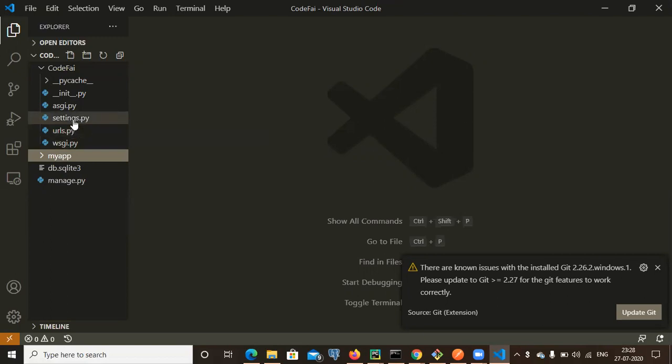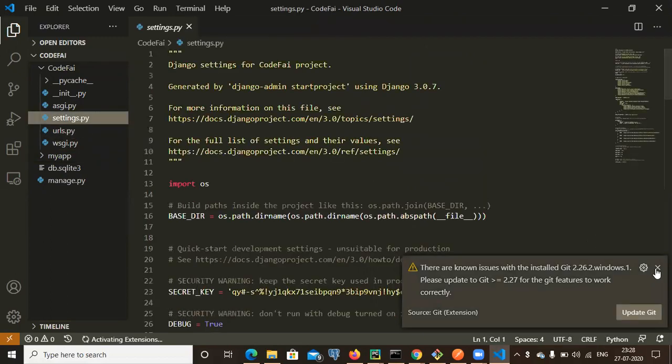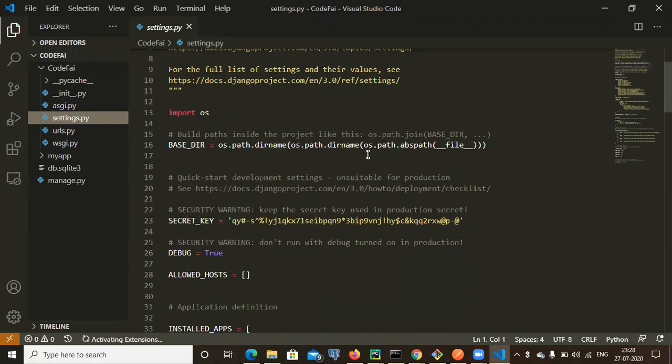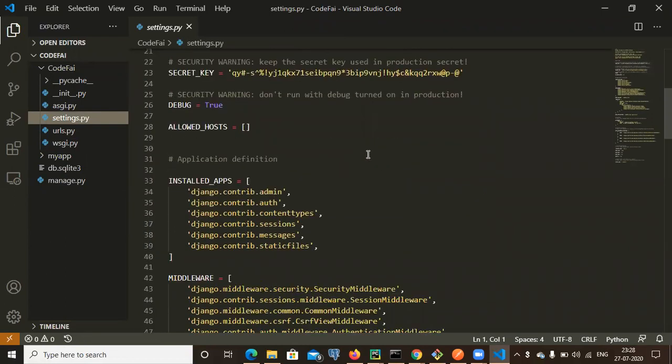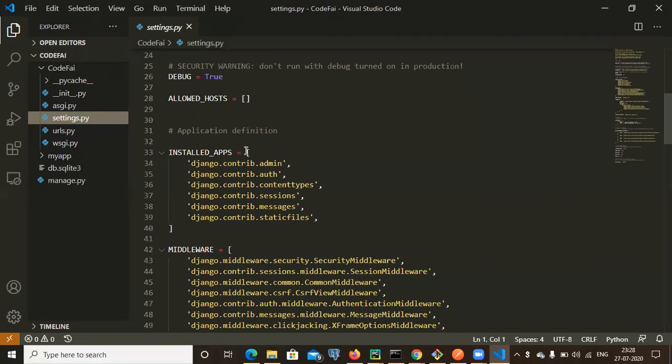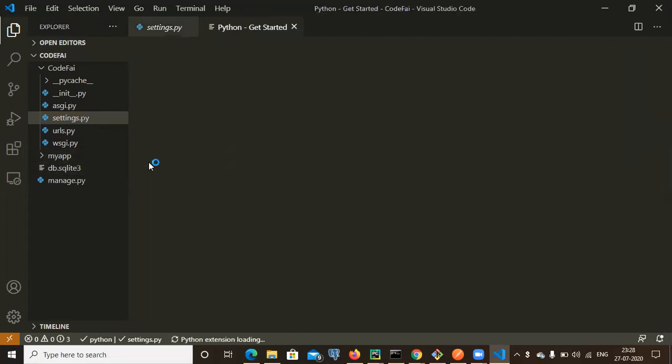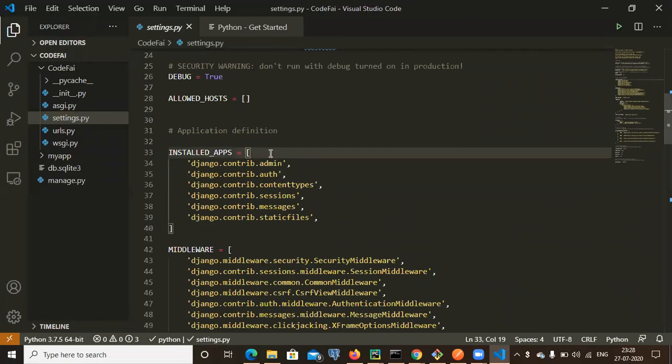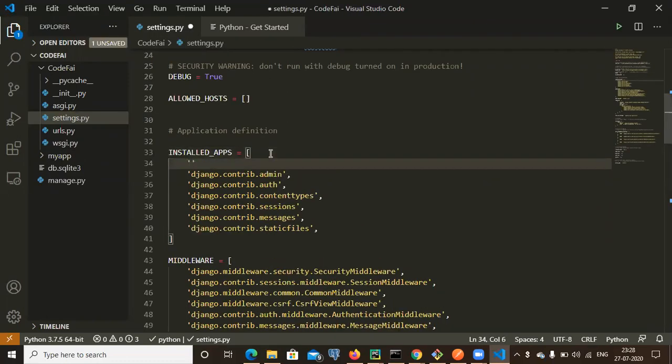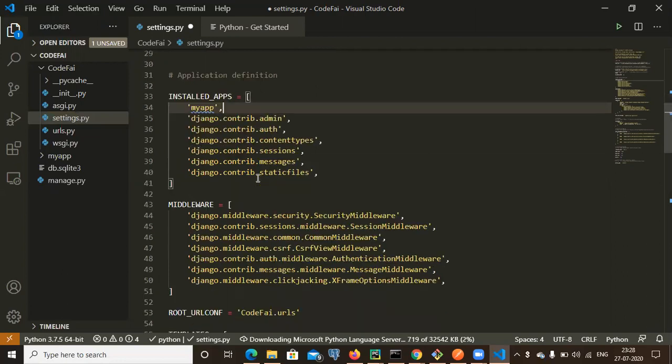In the settings.py file, you have to configure what is required. Inside INSTALLED_APPS, you have to give your application name, the one you have created, my app. So now I have given my app in INSTALLED_APPS.